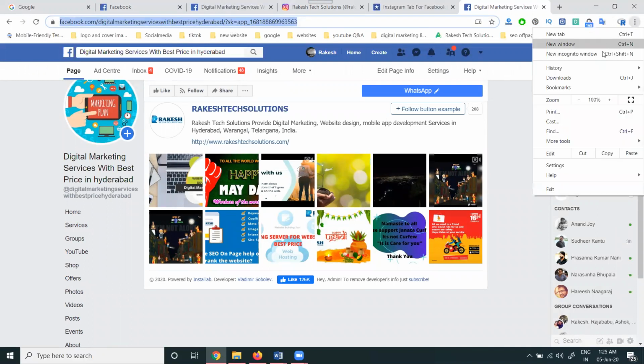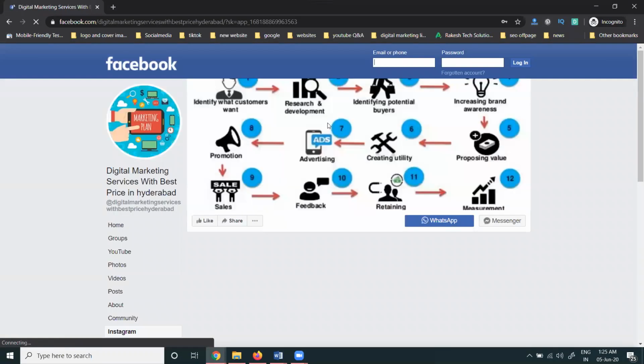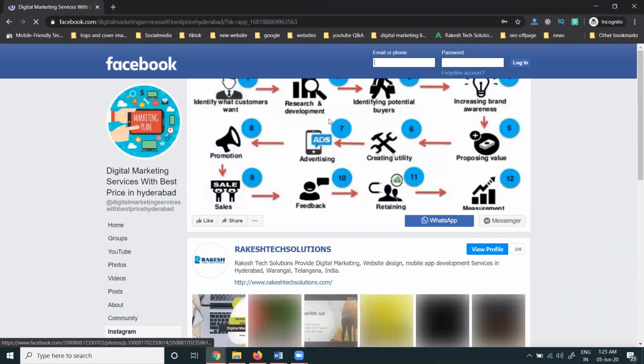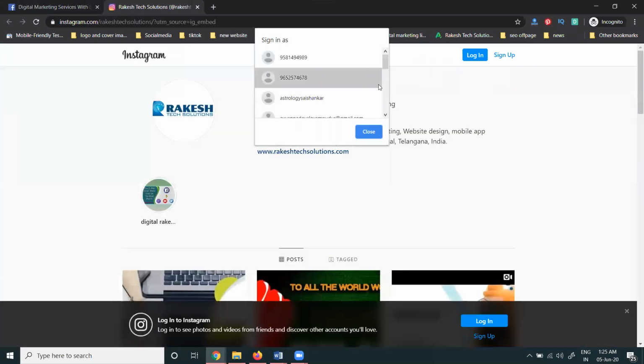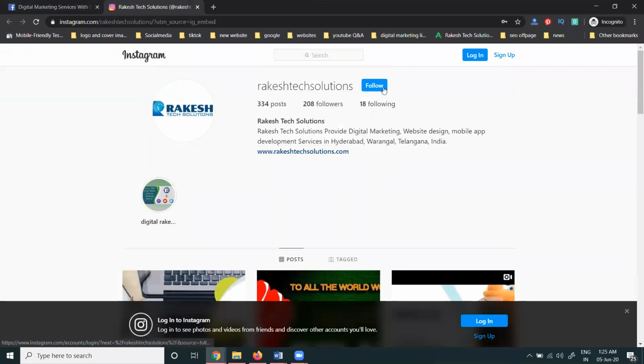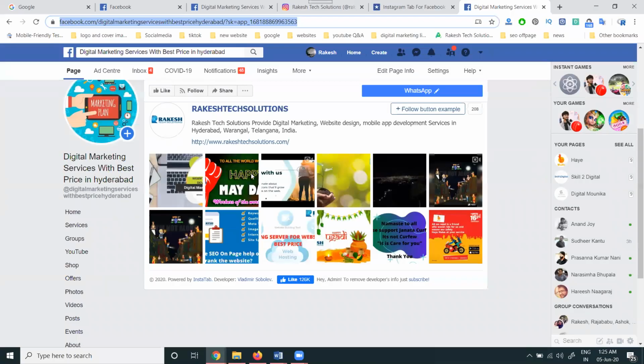So how can we show it to a customer? Open an incognito window. They click here. I'm not logged in, I'm just showing how a visitor uses it. Click view profile, and they go to the profile option. Now here we increase the followers. And content is more important. What content are we sharing? An automatic update will be in this option.